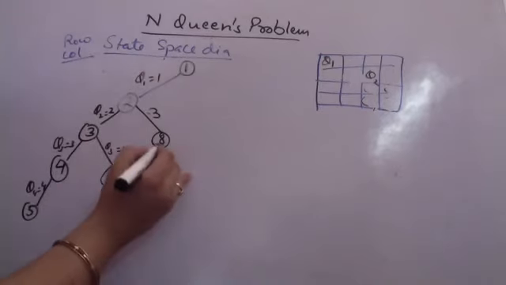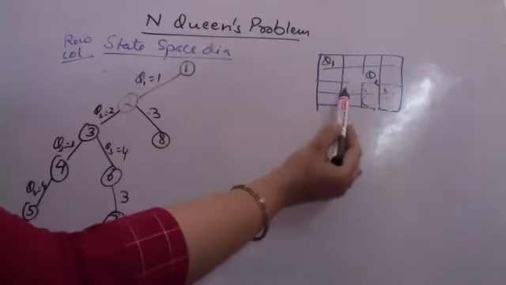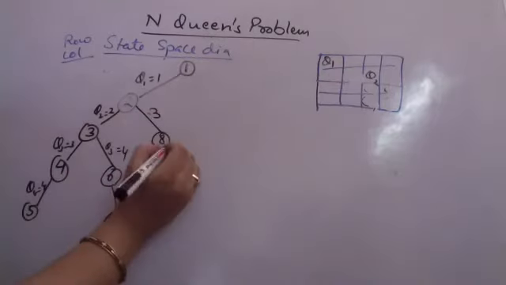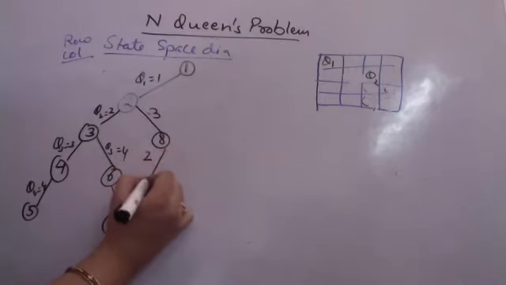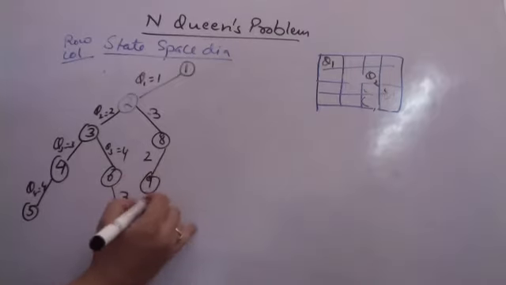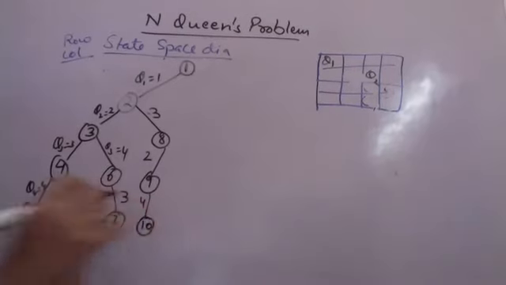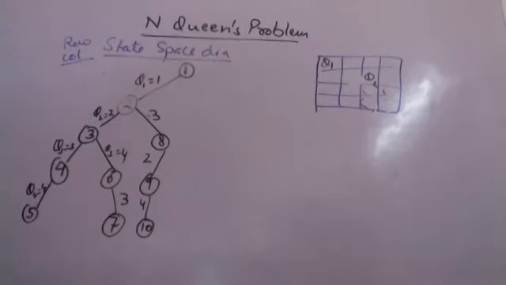So after reaching here, queen 3 can be placed in column 4 and in column 2. We will first be going to column 2. We start filling from the earlier one. So here I will be generating, again I am saying that queen 3 is in column 2 and queen 4 can then be placed in column 4. There is no other possible location for the queen. I hope you are all able to understand what I am trying to make out here.